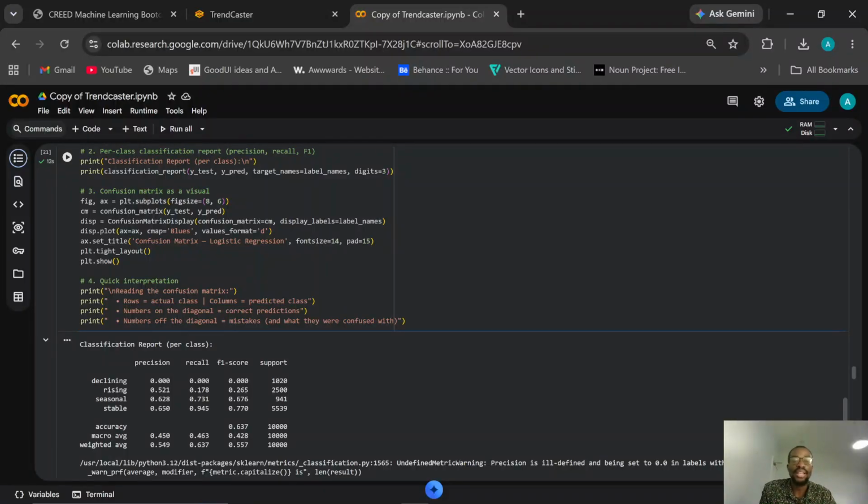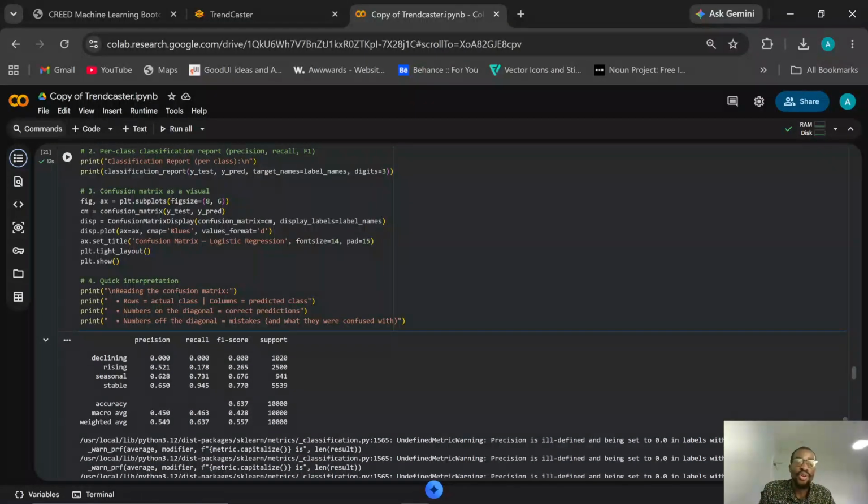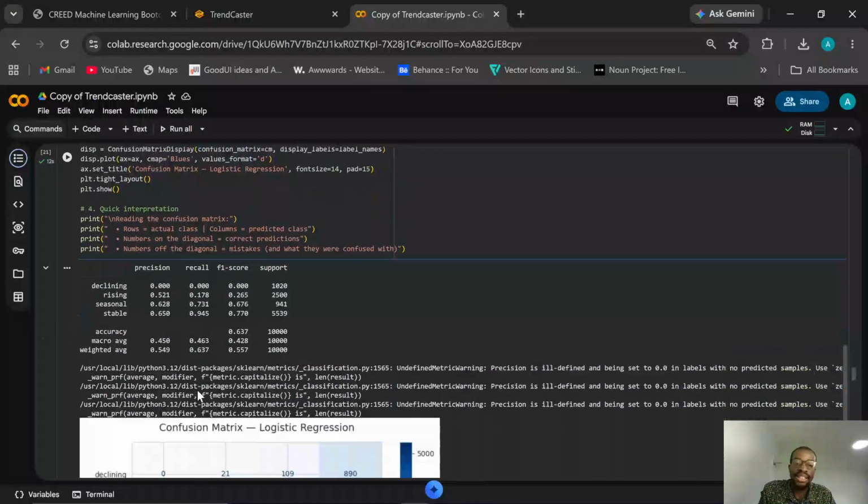In a real case scenario where a product is declining, the model will purposely ignore the other classes and only focus on what it is good at. It's like being good at mathematics, English, and biology, so you refuse to focus on other subjects. That's exactly what the model did. It's not focusing on the declining class.